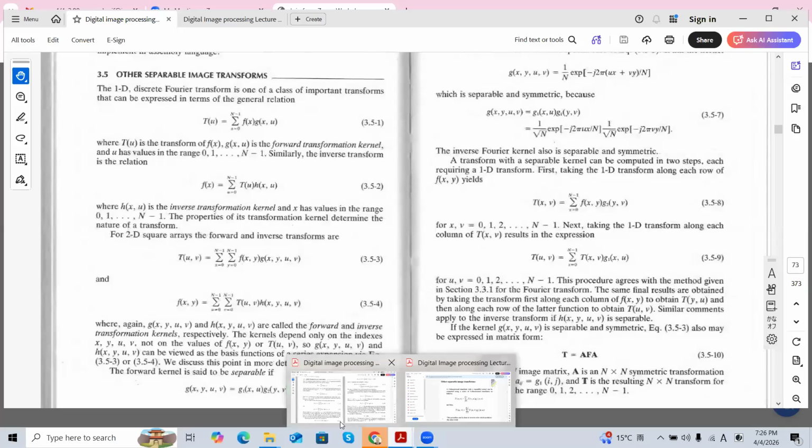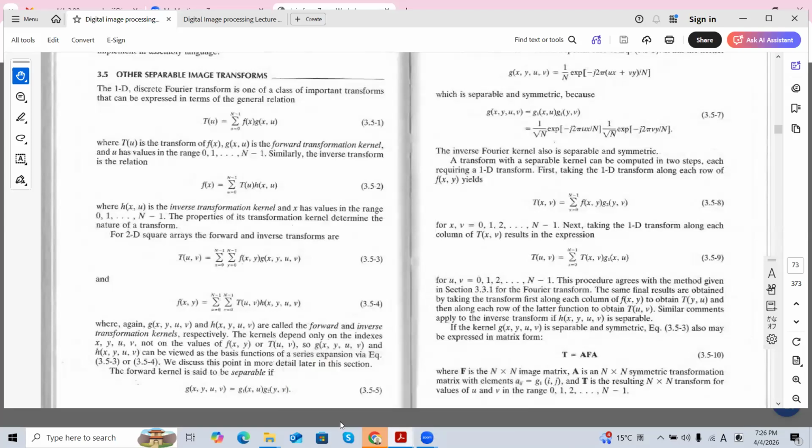This is the lecture on digital image processing, lecture number 13. Previously, I talked about the Fourier transform for two-dimensional image processing. Now I'm going to talk about another type of separable transform, which is like this T